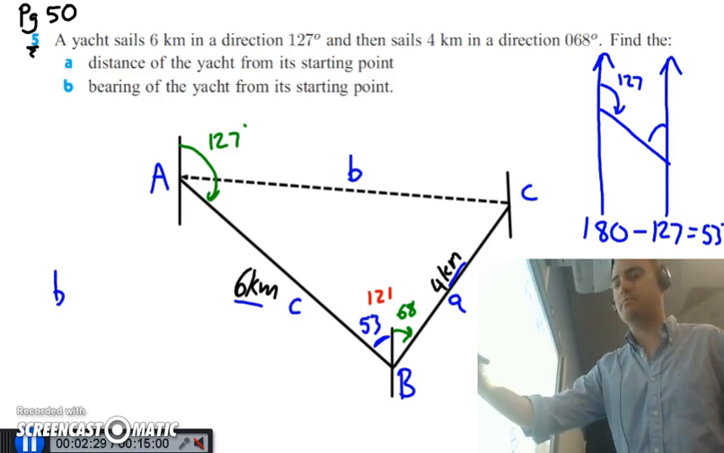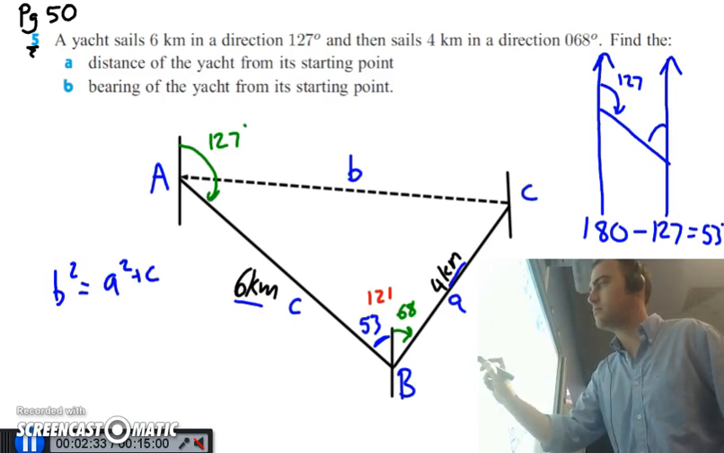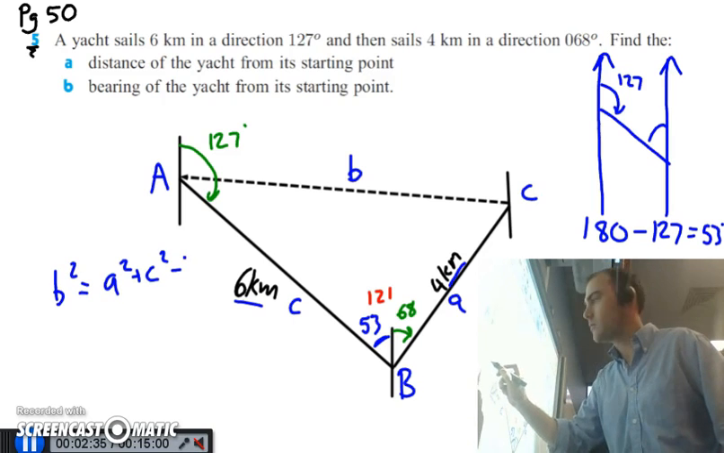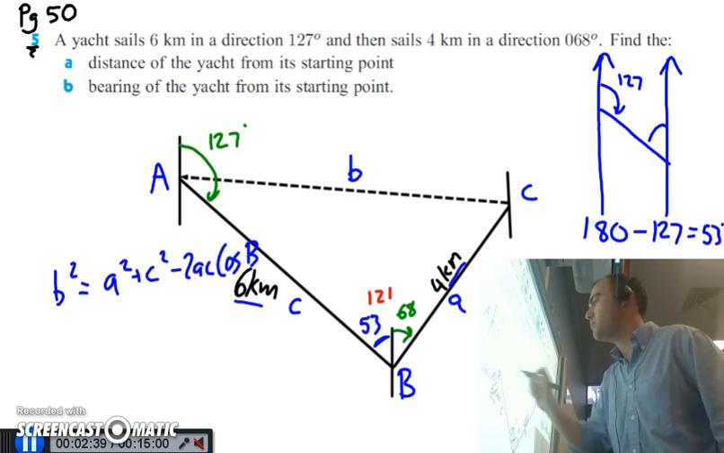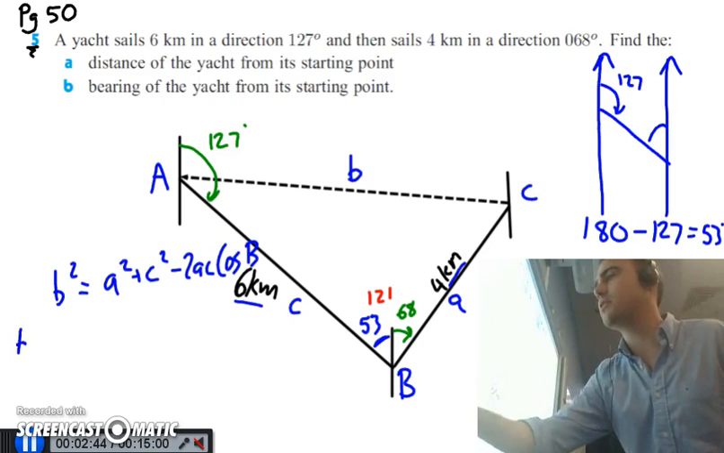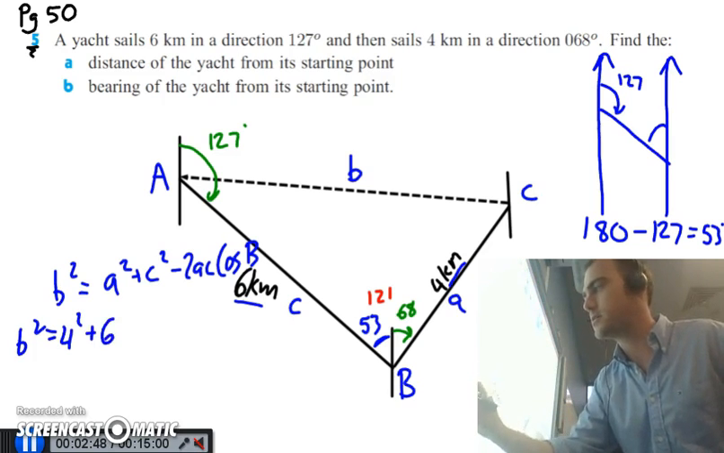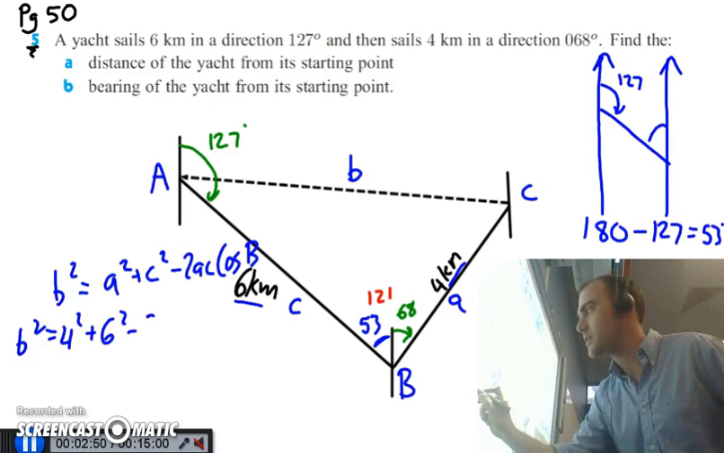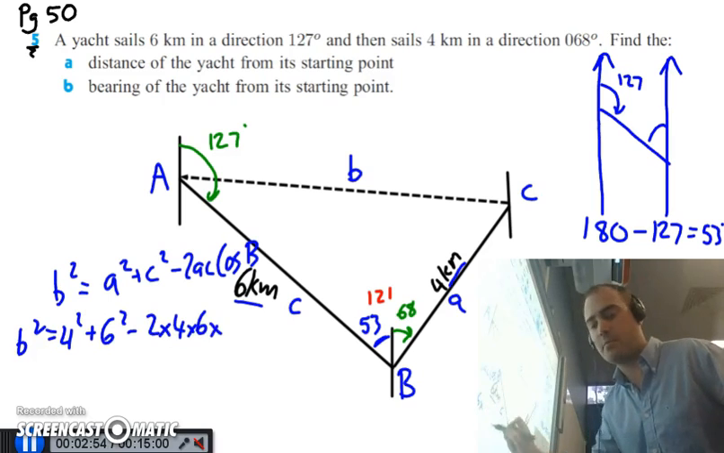So B squared is equal to a squared plus c squared minus 2AC cos of the angle B. Sorry, it's a little bit squished. Alright, so let's put in the numbers that we know. So B squared is equal to 4 squared plus 6 squared minus 2 times 4 times 6 multiplied by the